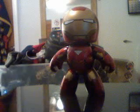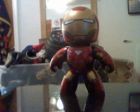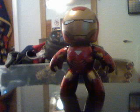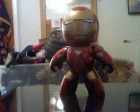First one we got is the Mark IV suit, which is basically a more updated version of the Mark III, seeing as though it was destroyed. You have the Mark V, which is the suitcase armor, and then you have the Mark VI, which is this right here. And there's a reason behind the triangle arc reactor, not just for a new approach, but what happens is,